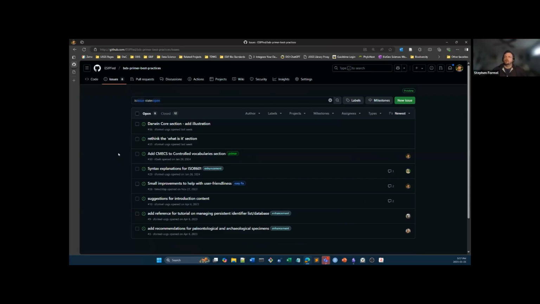Perfect. Okay, so I do want to check something out. It looks like Laura, maybe you already closed the issue, which is okay. So this filter is already on the search bar where you can say that it's an issue, but the state is open. So if we get rid of the state is open, we can also see the closed issues.